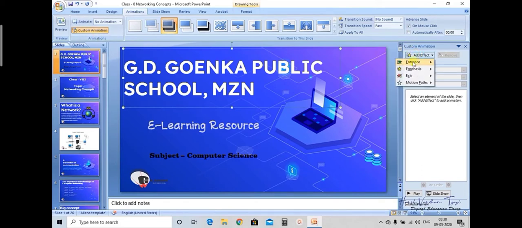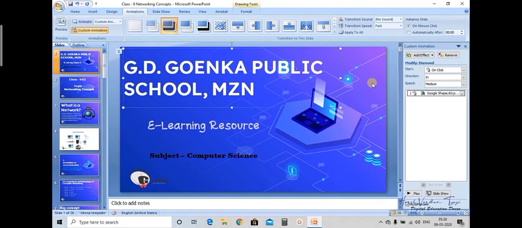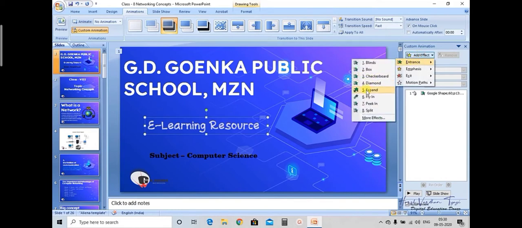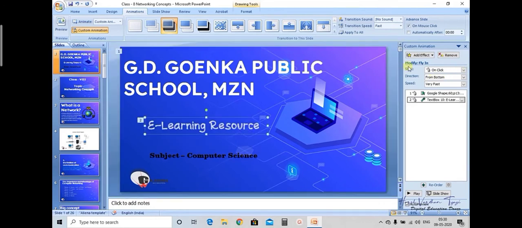Add effect. Now entrance, how this text will enter on your slide. Suppose I am clicking this diamond, so this is the effect. Select the second text, add effect, entrance, fly in. Now see here, modifying.